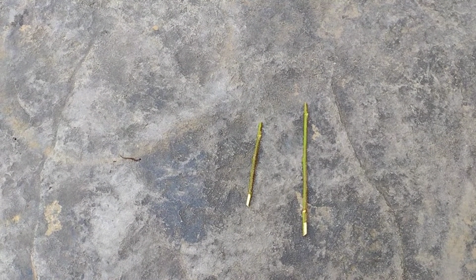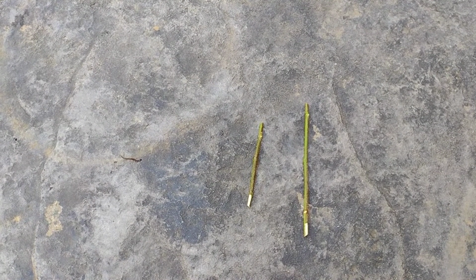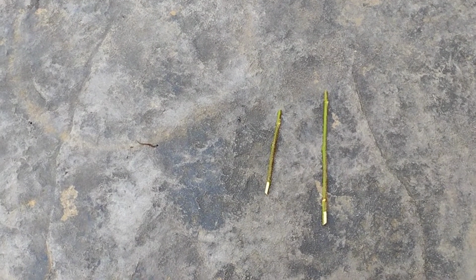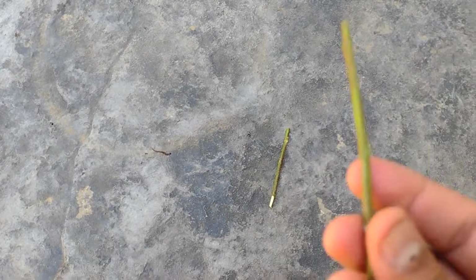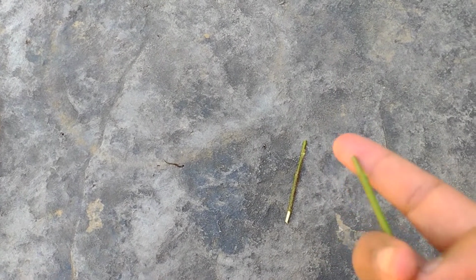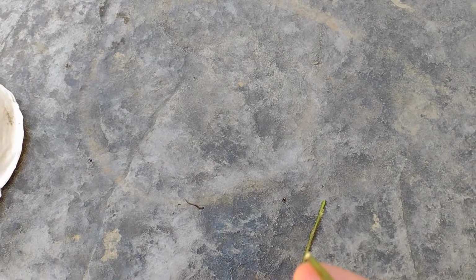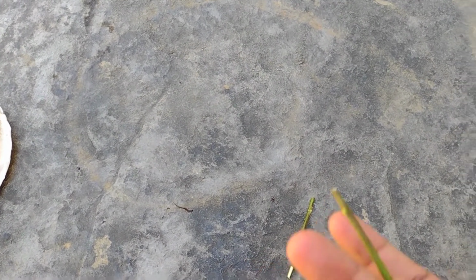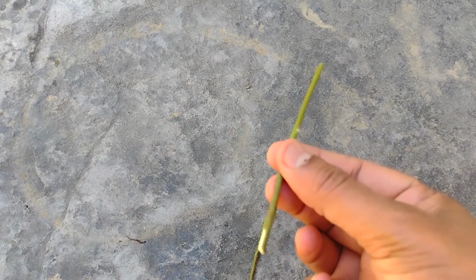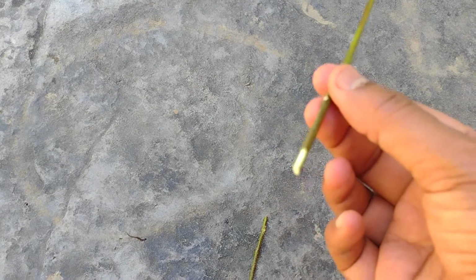So today we are going to see how to grow a curry plant from a curry leaf twig. What I did was I harvested some curry leaves from the curry plant. This is probably about 4 inches long. So I took the curry plant and I harvested all the leaves, and what I did was